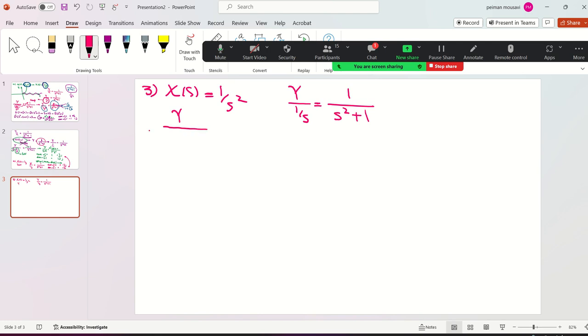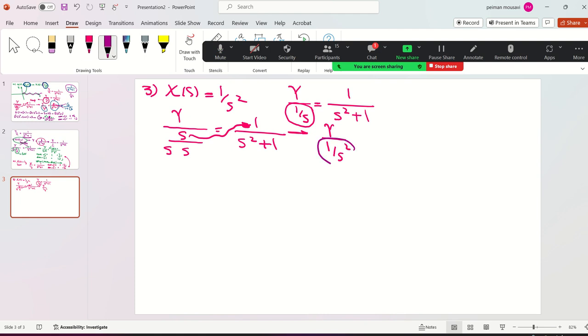I'm gonna say, you know what? I'm gonna put one s here, and one s here, and one s here. It kind of gives you the same. 1 over s squared plus 1. This s goes up here. So you get y equal to 1 over s squared. This is ramp now. It's gonna be s squared plus 1. So only you have to change num as